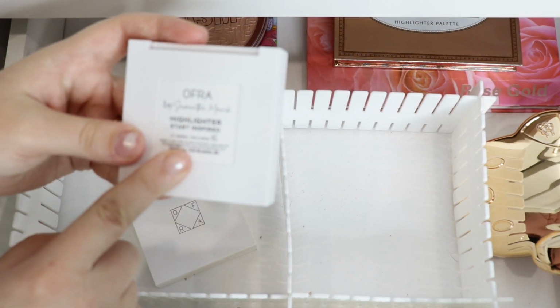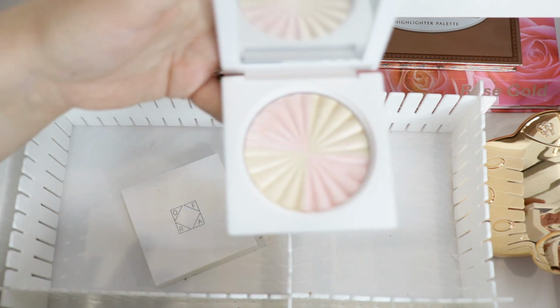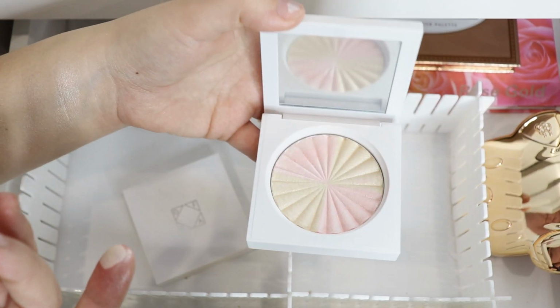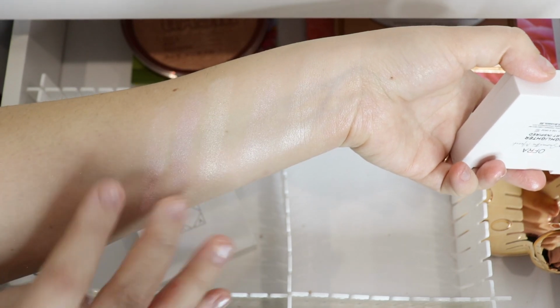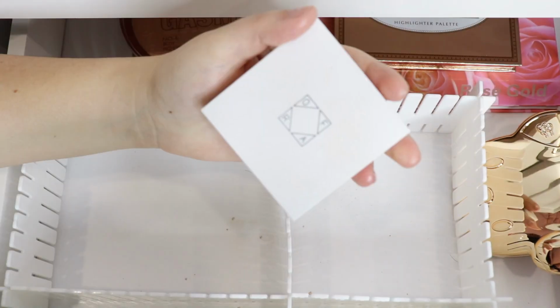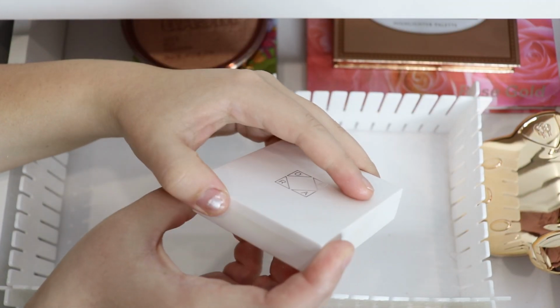in the shade Start Inspired, this is one of the collabs I did with Samantha March. Keep. It's got a pink and a kind of yellowish one. Keeping. And then last but not least, Rodeo Drive, which I think is one of their most popular ones, or